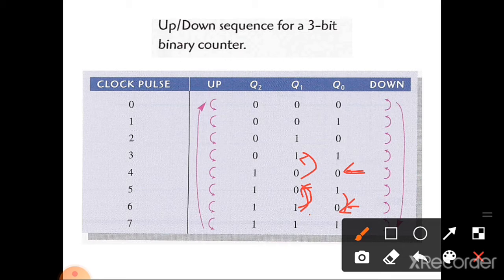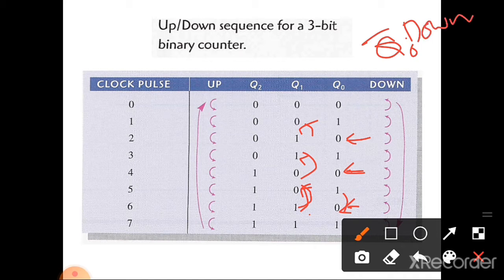Again, when Q0 is equal to 0, then on the next clock pulse Q1 will be toggled from one state to another. So when Q0 becomes 0, that is Q0 complement, Q1 will change.